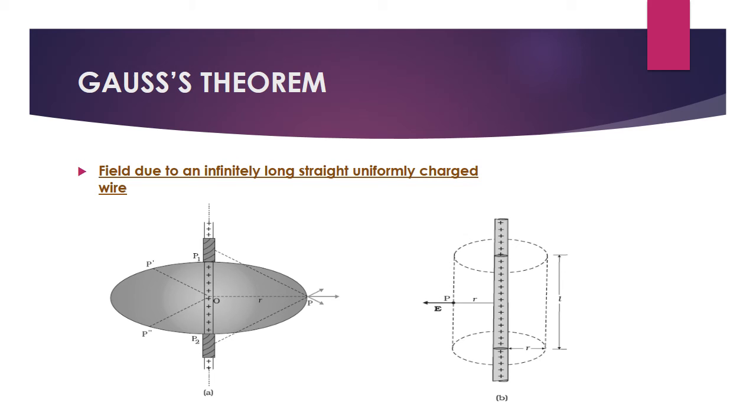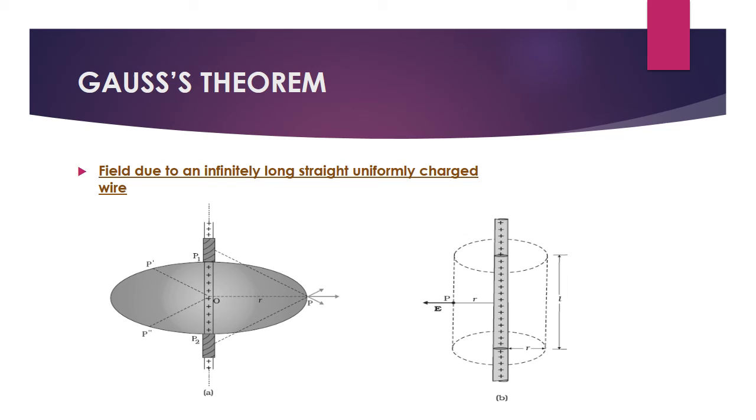We can see that because the elements are symmetrical, the net electric field due to these two elements should be along the direction pointing radially outwards with respect to the line of charge. From symmetry, we can also conclude that at any point P equidistant from the charged wire, the electric field should be uniform. So, on the basis of all this discussion, we can select a cylindrical surface as the Gaussian surface.